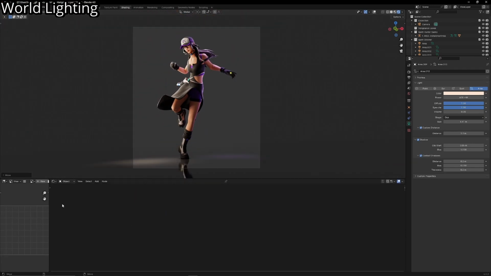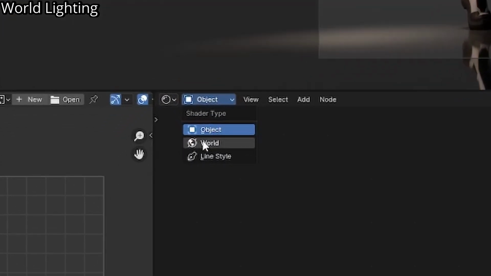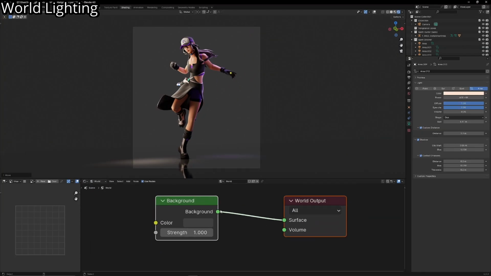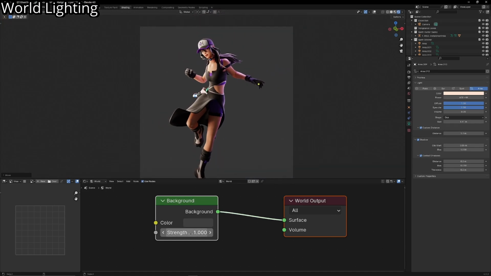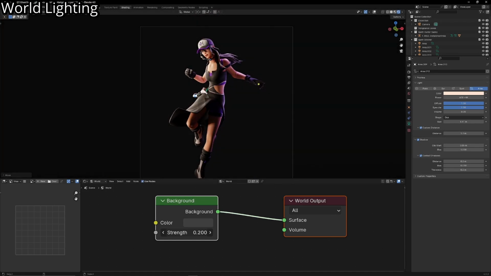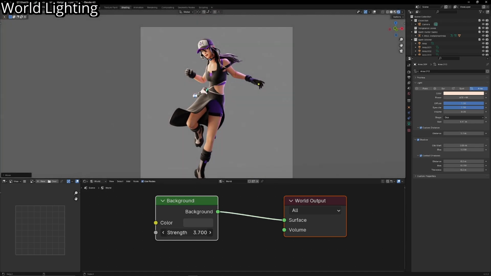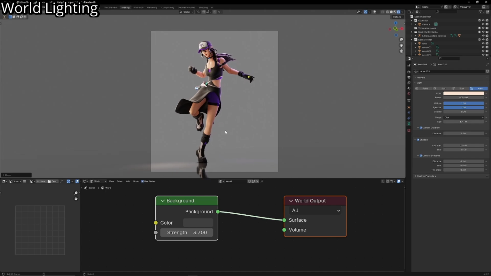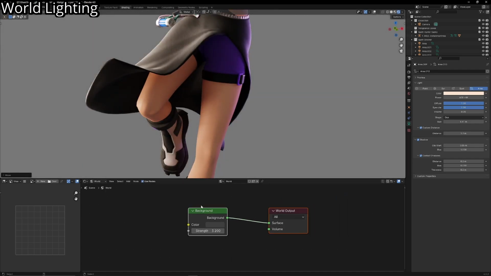World lighting is very important for controlling the environment around the character. So if I go to Object and World lighting, we have a background and we have a world output. Adjusting the strength changes how bright the background is and how bright the world lighting shadows are. There's also a way to make it so we can